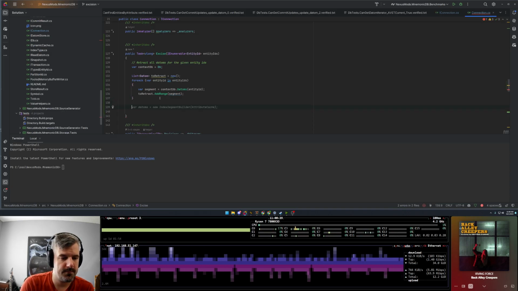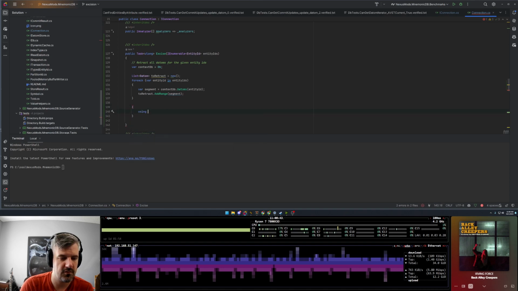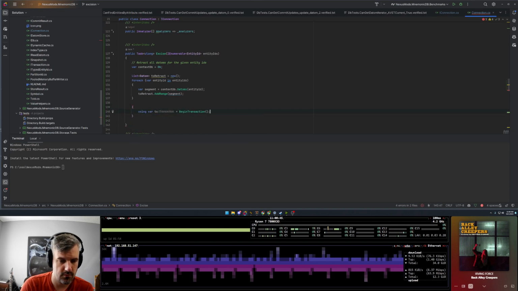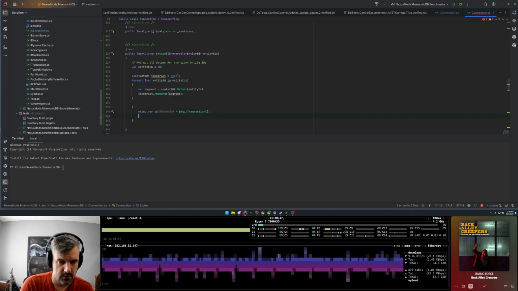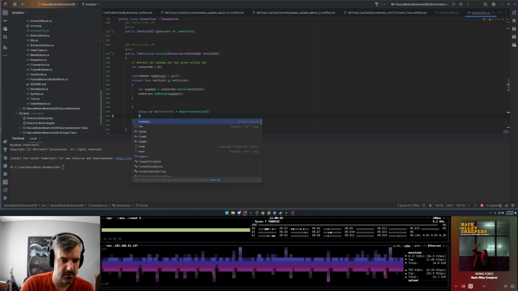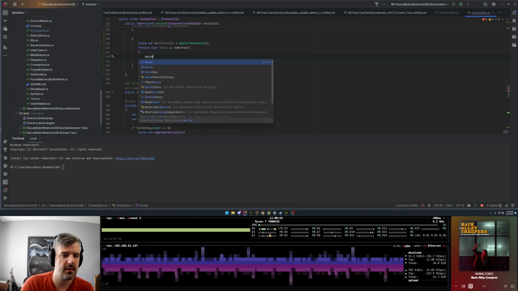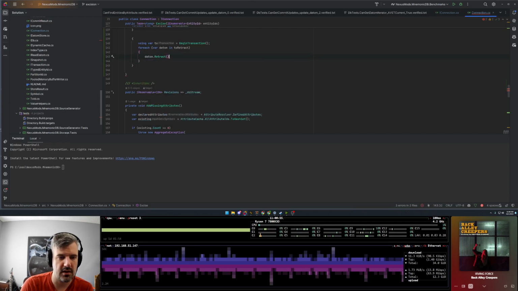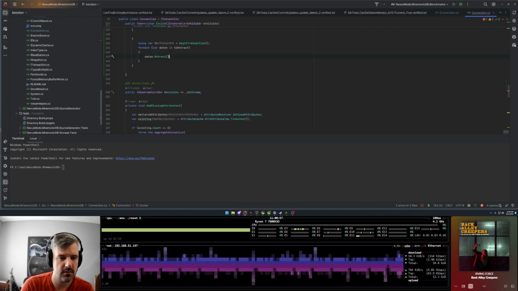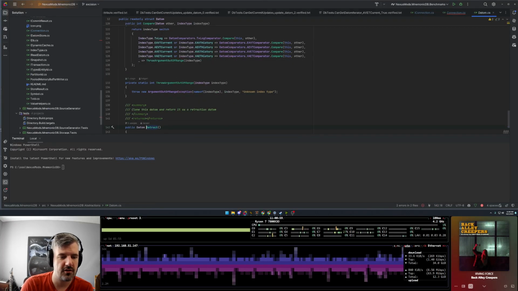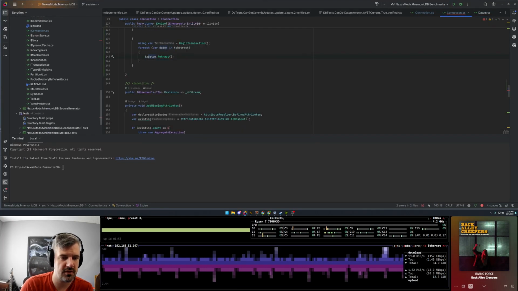And then we just need to create a new transaction. For each datum in that, I think I have an override that allows us to retract. I do. That just converts it to a retract datum. So we do tx.add.